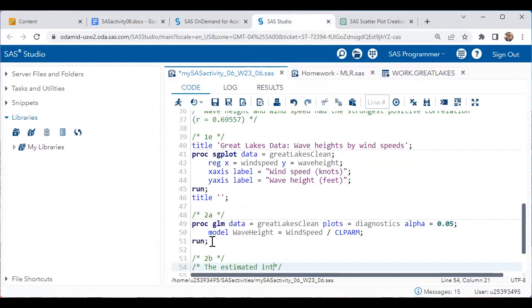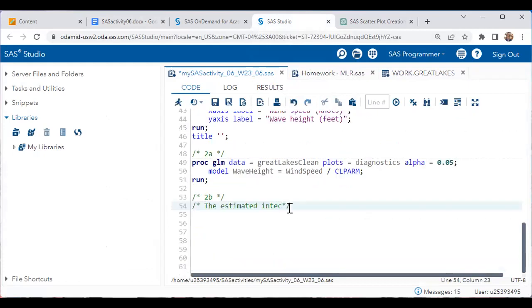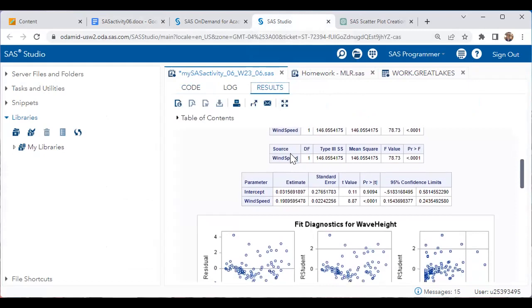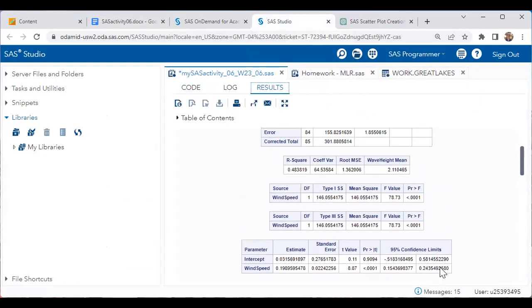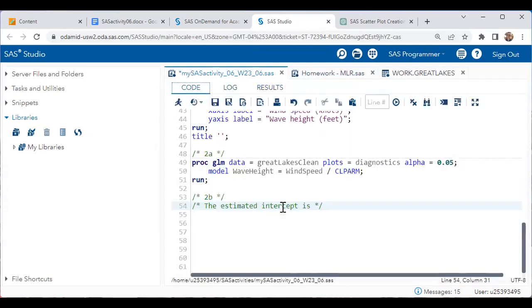We'll say the estimated intercept. So what's our estimated intercept based on this output here? About 0.03, right here. This table gives you all the numbers you need to write out your estimated regression equation, right? The estimated intercept is this,